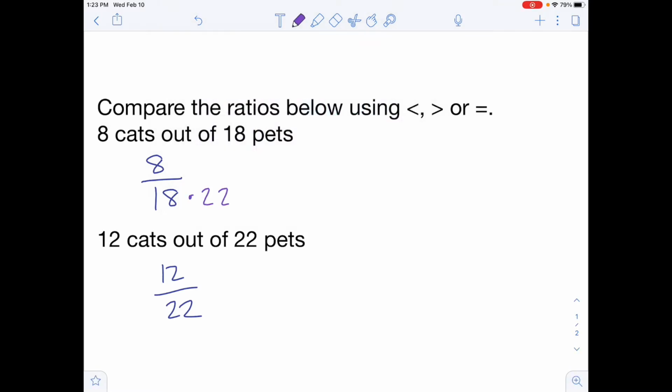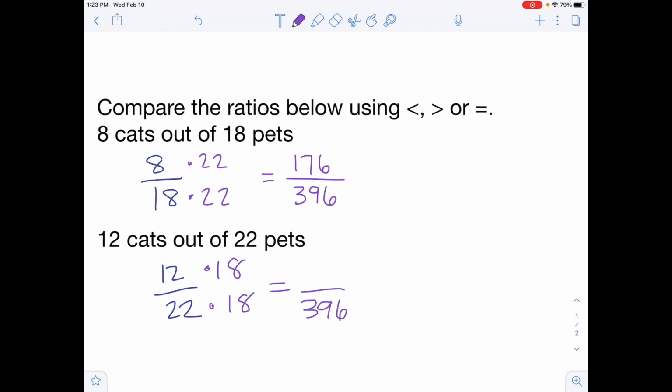So I'm going to multiply this first fraction, each of these by 22, and I get 176 over 396. Then we have 12 cats out of 22 pets. Multiply both by 18. So we get 396 on the bottom, and 12 times 18 would be